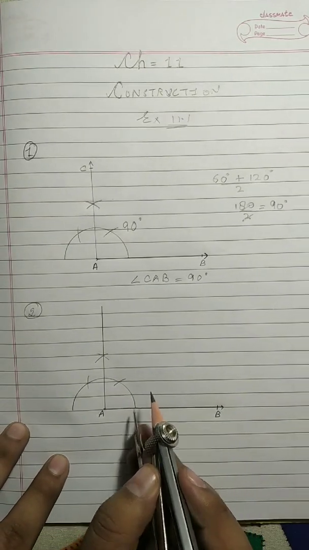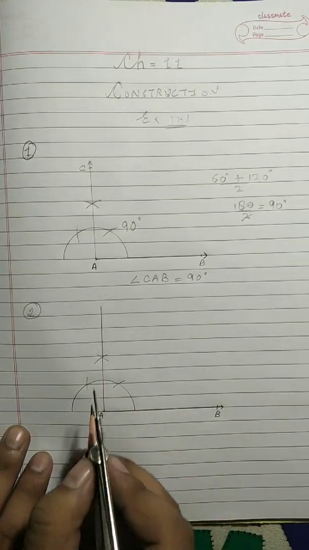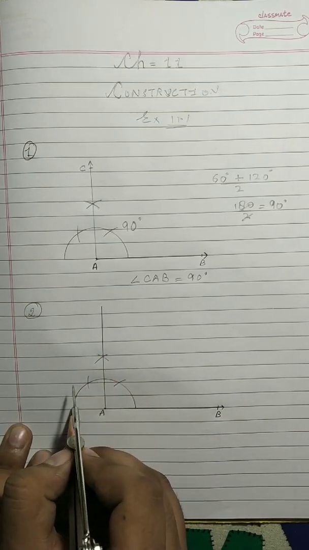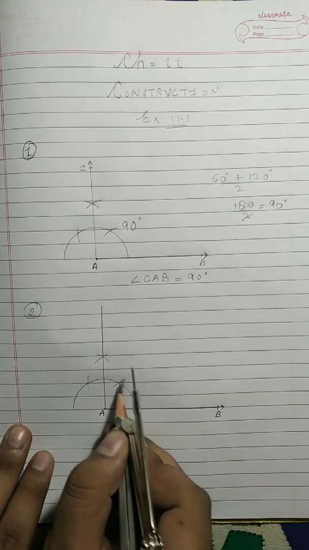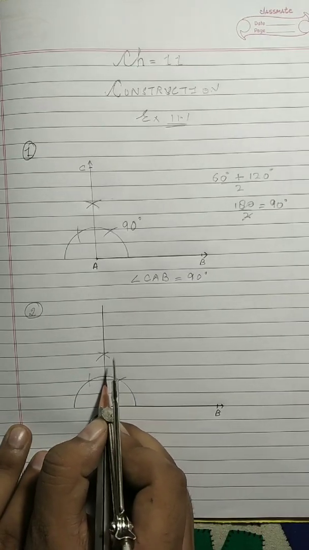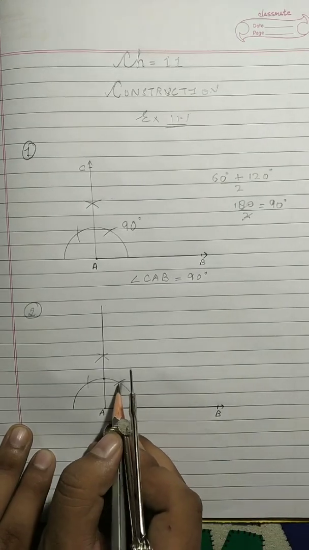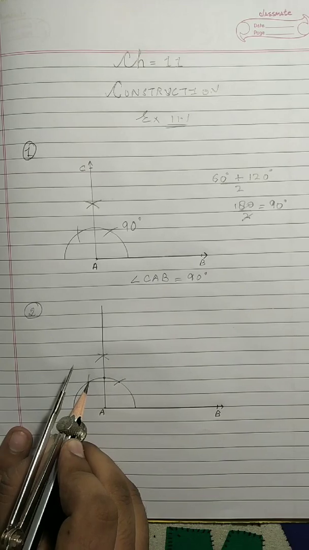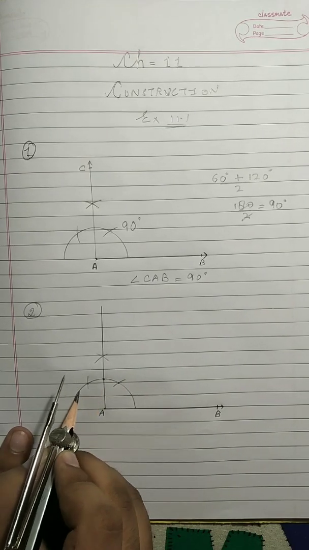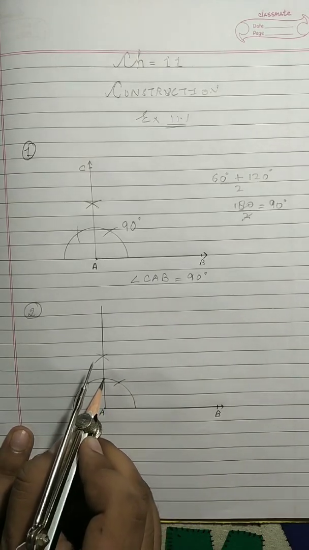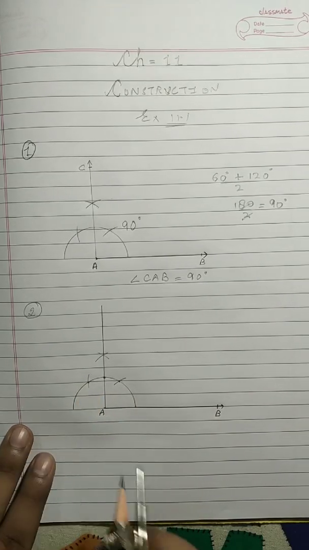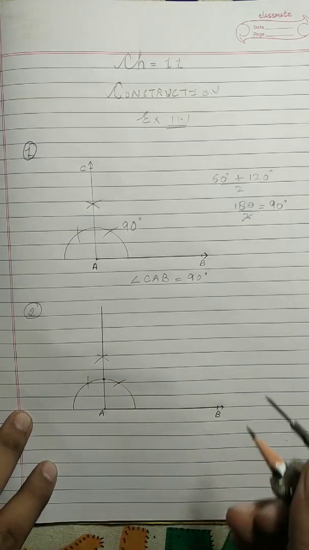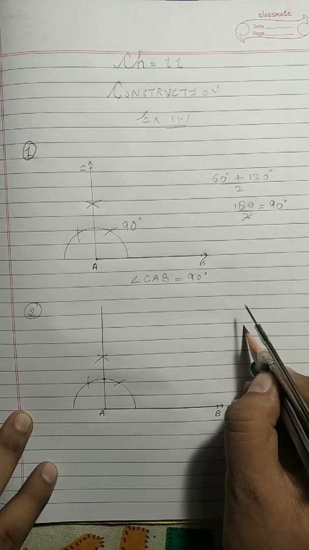Now from here, see why we have made this 90, because we have to just see this 90 will intersect at this arc at which point. So it is intersecting at this point. The way we know that this is the point of 60, the way we know that this is the point of 120, in the same way we have to find out where the 90 point will lie. So 90 point will lie this side. Okay, now this is 90 and this is 0. With the help of 0 and 90 we can make 45. If you want to check that, you can check like this.